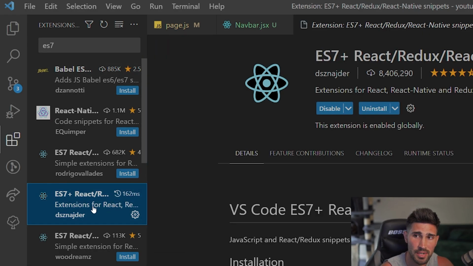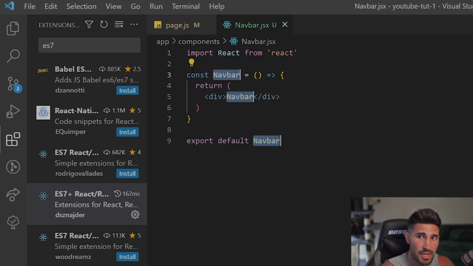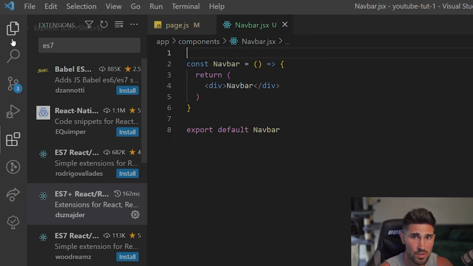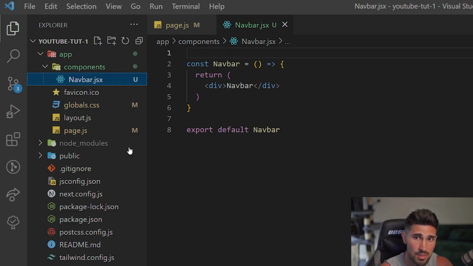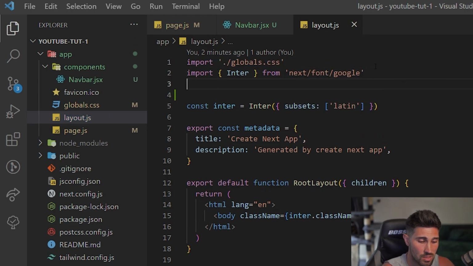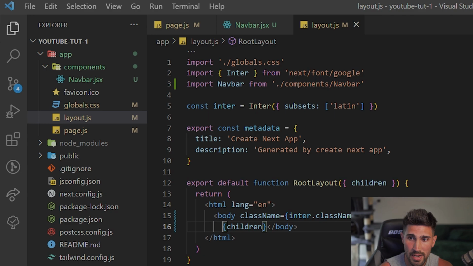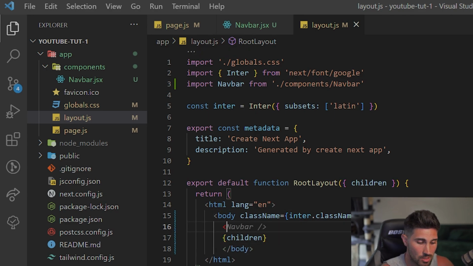And it is this extension right here, ES7 React Redux React Native Snippets. It is worth it because you can type in RAFCE and it will create a React functional arrow component. So we're going to remove the import from React at the top, and inside of the layout, we're going to import the Navbar. So to do that, we're going to import Navbar from the components folder and the Navbar file. We will put it right inside of the body, right above the children. So we're going to have the navbar as a self-closing tag,